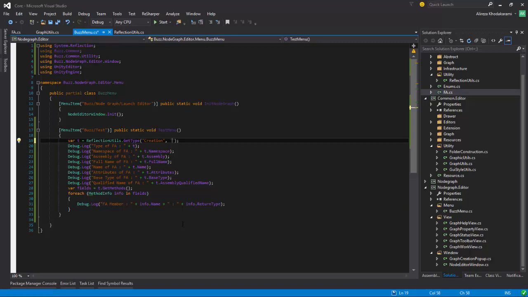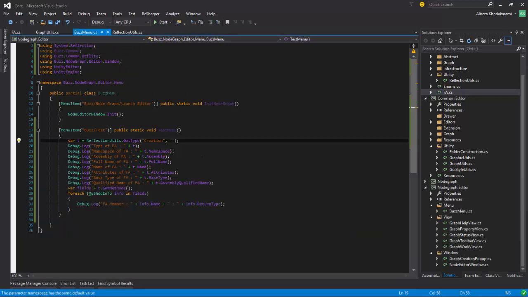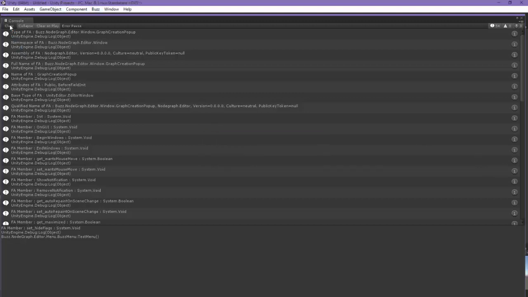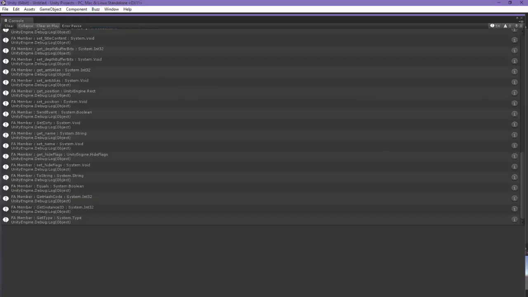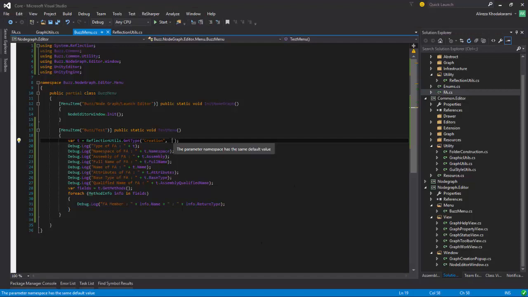Even if now I send creation alone, because I think nothing in Mono or .NET use creation, I should be getting the same thing. Let's see if I get the same thing. Yeah. Node graph, graph creation pop-up. So if you even don't know the namespace, but the name of the class was so unique that no other person ever used it, or at least it's not in your project, then you could even get out without using